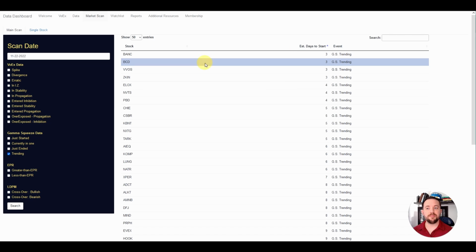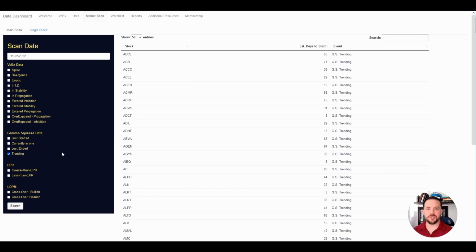So we see here that BCD is trending towards a Gamma Squeeze over the past several weeks, and it should take about 3 more days before it reaches a negative gamma state. Pretty nifty. Moving from the Gamma Squeeze section to the expected price range section, we see that if we ask